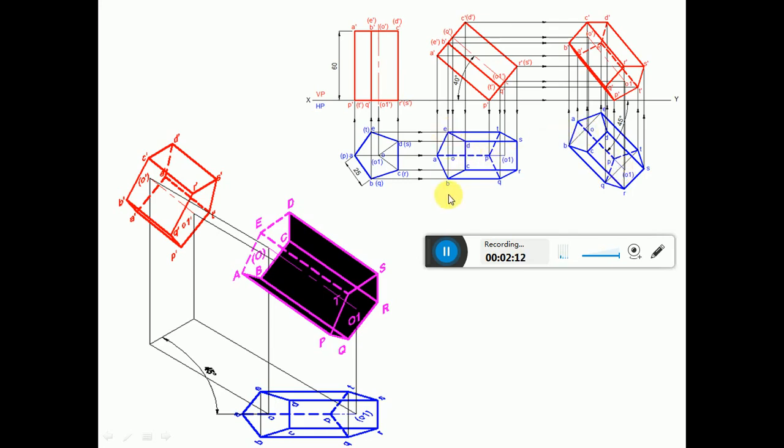Since BE is perpendicular to OO1, from this point, by using the protractor, you measure an angle of 90 degrees with respect to the OO1 line and then draw a perpendicular line. Then with this point as center, measure the distance from this point to B and also from this point to E. Both are going to have equal distances, and transfer it from this point towards the left side, which is going to be B, and again towards the right side you are going to get the point E.